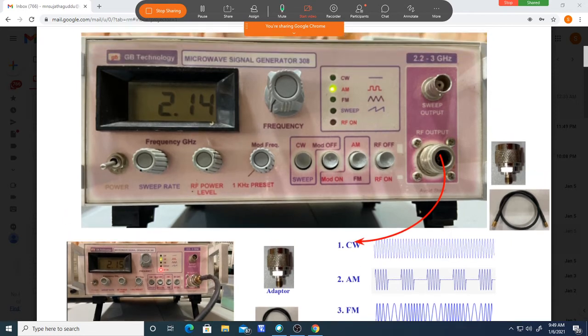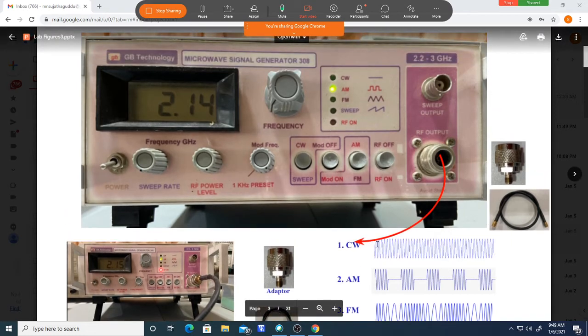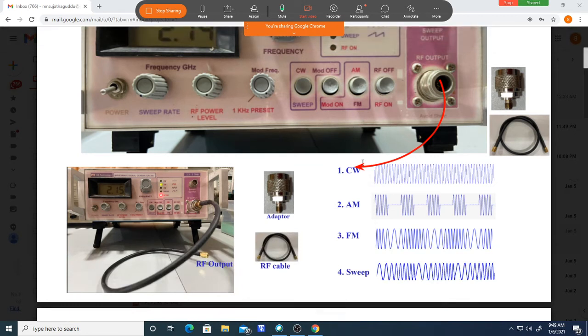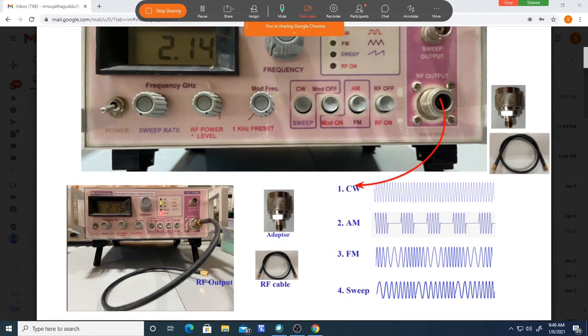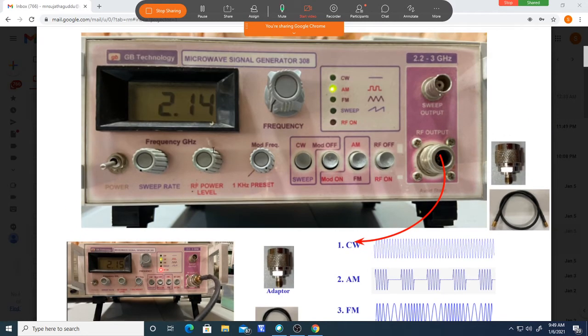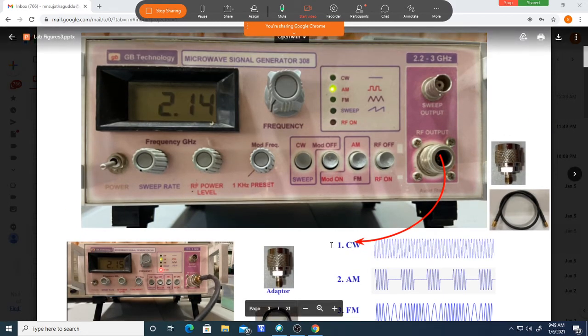Okay, so this is the power control. So you can set the power now. See, you can set the power. You can adjust this power to any level. First, do one thing in the laboratory. What you have to do is keep it in the minimum position and measure how much power is coming here.